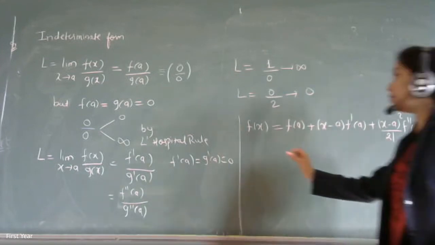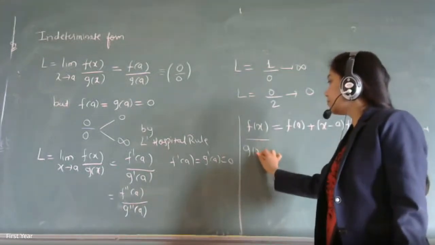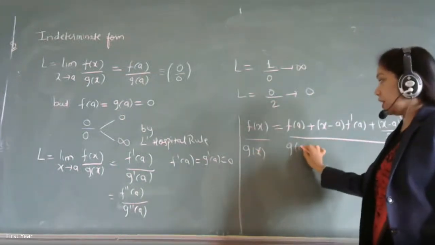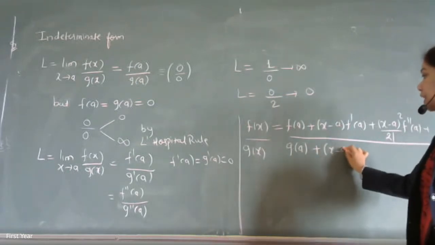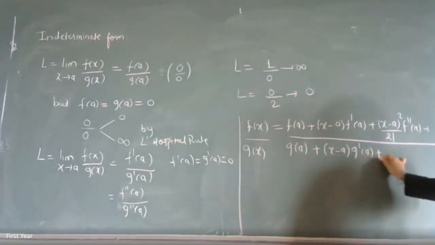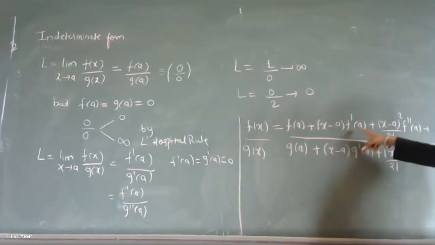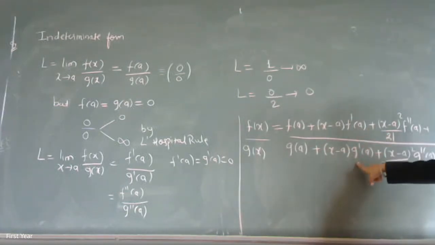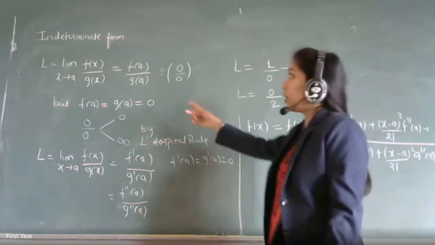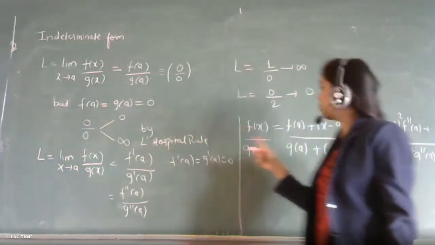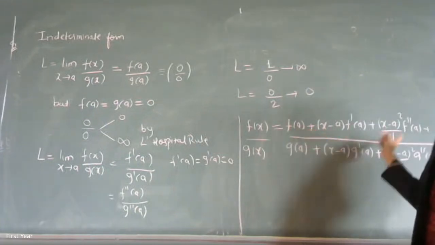Correct? Similarly, we have the Taylor series for g of x. What is it? g of a plus x minus a g dash of a plus x minus a the whole square by 2 factorial g double dash of a and so on. Correct? This is the Taylor series for f about a, and this is the Taylor series for g about a. Now, what is given to us? Why are we using L'Hospital rule? Because of the 0 by 0 form, meaning f of a and g of a are 0. So if f of a and g of a are 0, this numerator and denominator